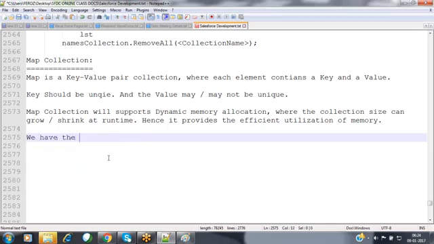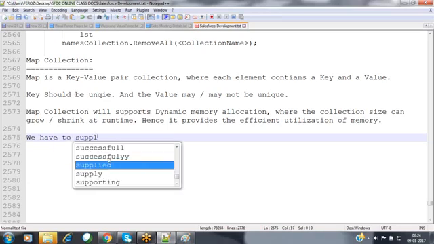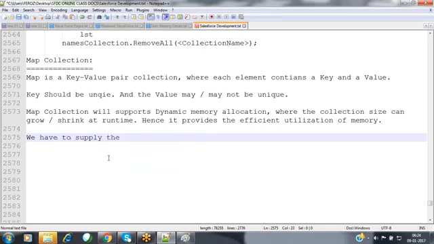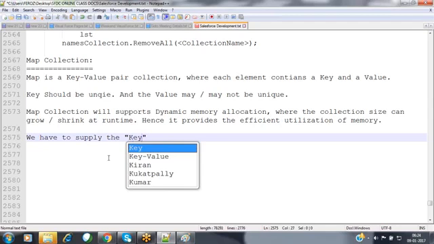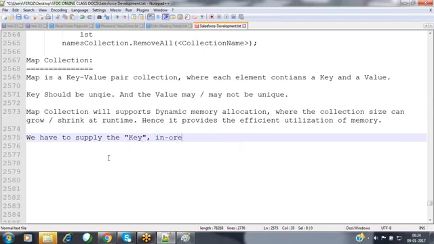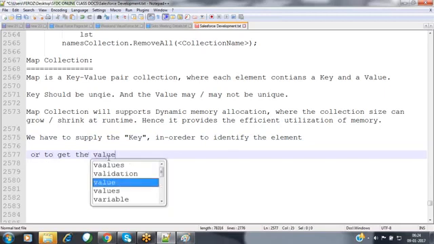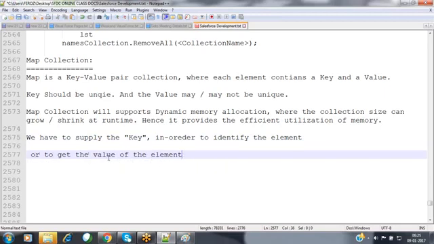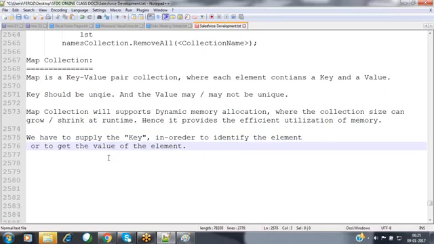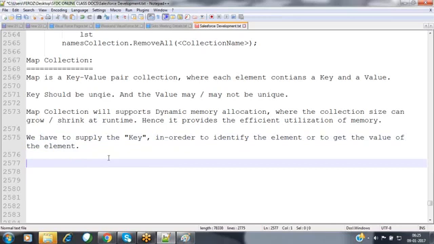We have to supply the key in order to identify the element, or to get the value of the element. So for that, we have to use that key only here. The keys should always be unique.